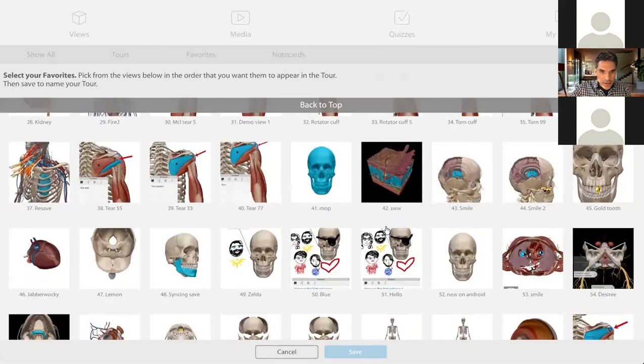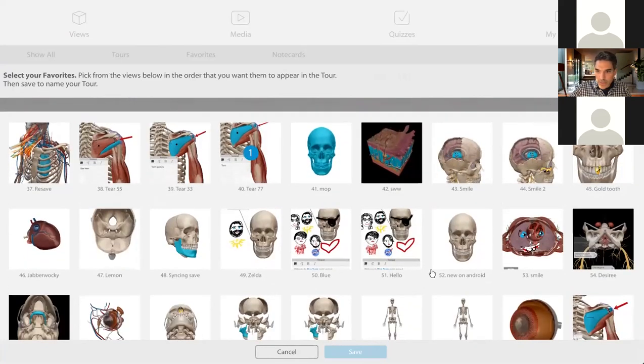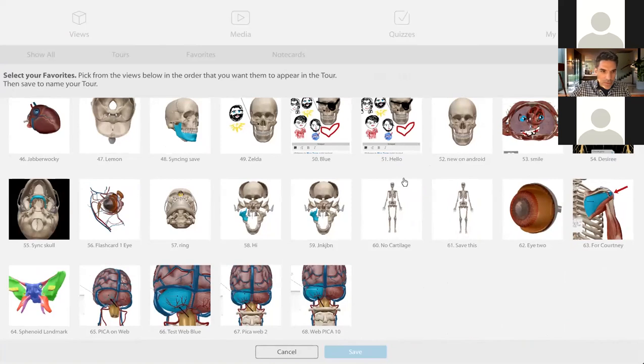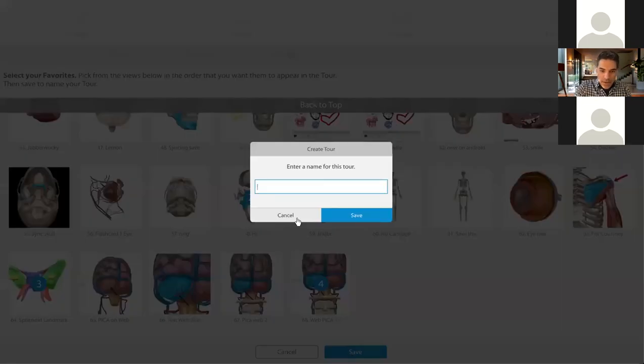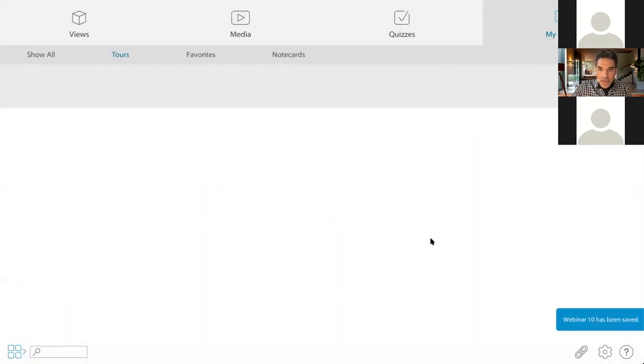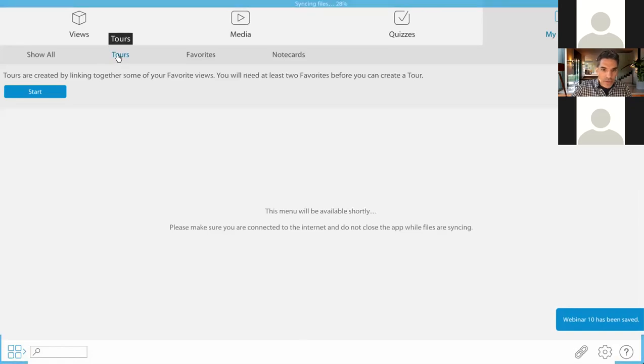Let's see. I'm gonna pick some random ones. I got one of these rotator cuff ones. I'll throw in our exploding skull, disarticulated skull. Maybe I'll throw in this view, and I'll throw in the view we just made. I'll pick those, and then it asks me to name my tour. So I'm just gonna call it webinar 10. Save it. And that is going to show up in my tours section